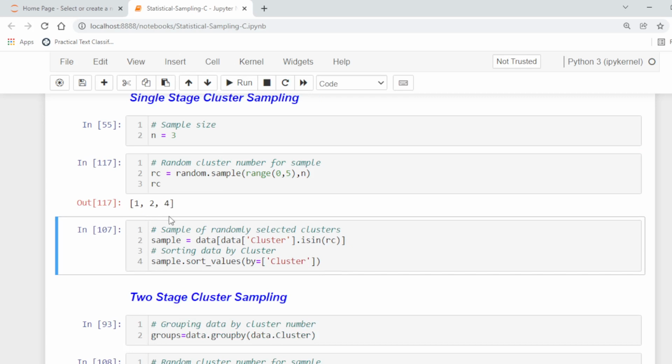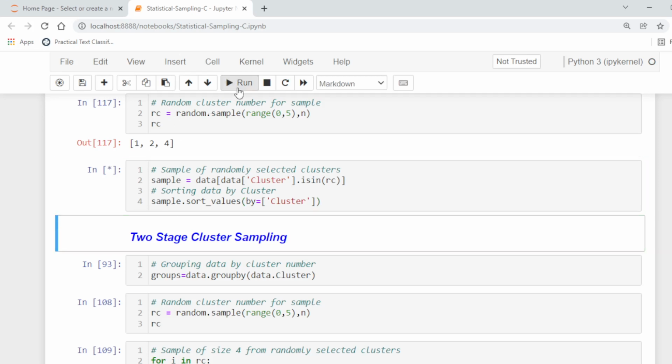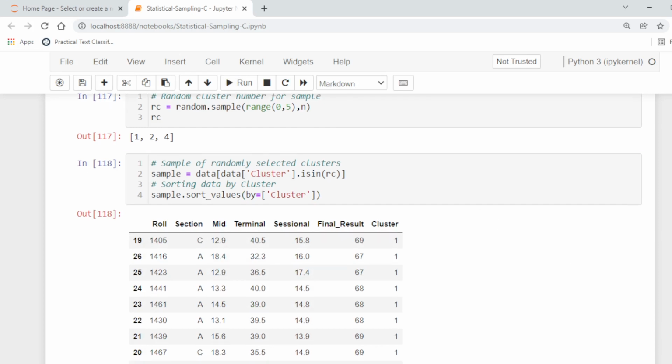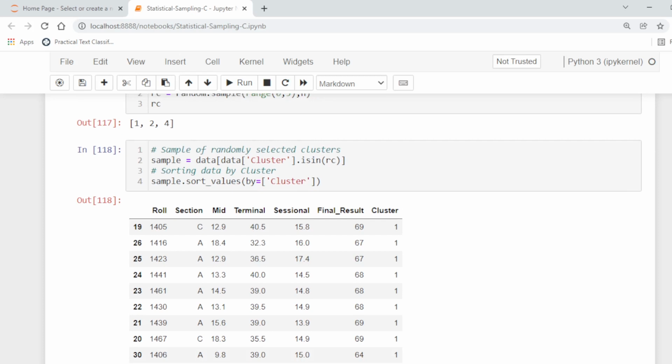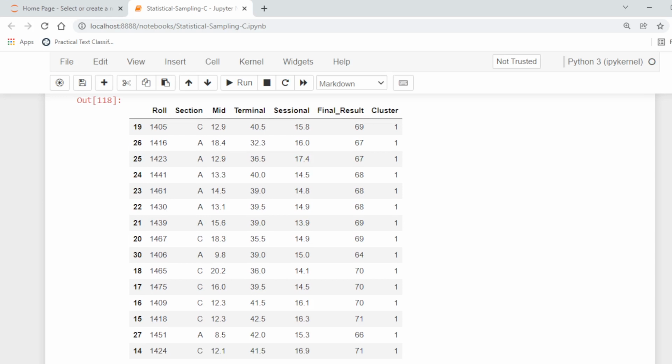So here 1, 2 and 4 will be selected. So this is the sample of randomly selected clusters. We select the clusters 1, 2, 4, and then we sort by the clusters. So here we have sampled 3 clusters: 1, 2 and 4. This is the single stage sample.